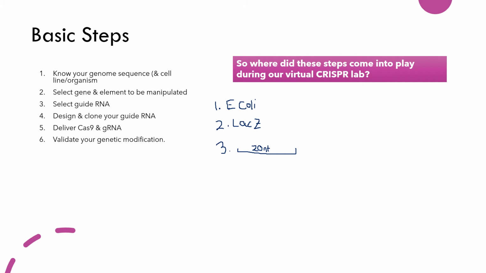And it needs to be adjacent to a PAM site, which for the Cas9 that we're using, the PAM site is an N, G, G. Okay, so now we picked the target, but now we need to do something